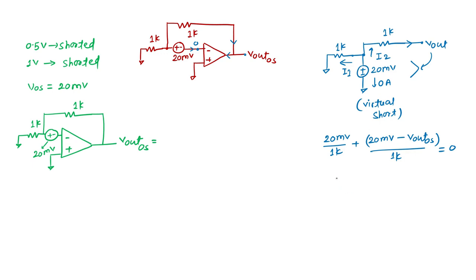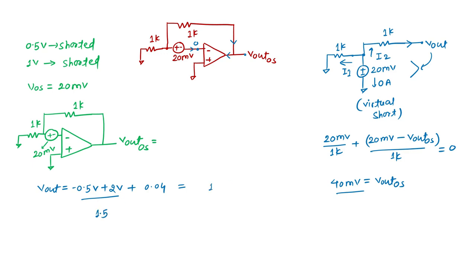So from here we can calculate that 40 millivolt is nothing but V out due to this offset voltage. Now the complete V out is V out due to the 0.5 volt, which is minus 0.5 volt, plus due to this 1 volt, which is 2 volt, and due to this offset voltage, which is nothing but 0.04 volt. So exactly, if I want to calculate from here, this is giving me 1.5